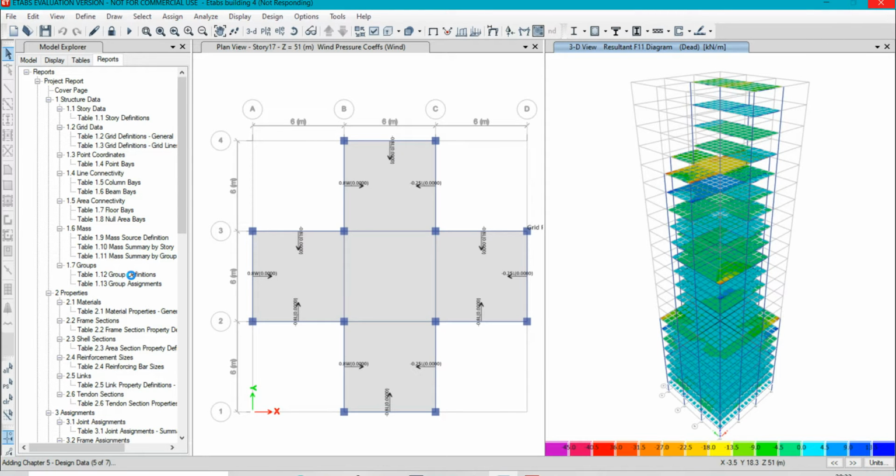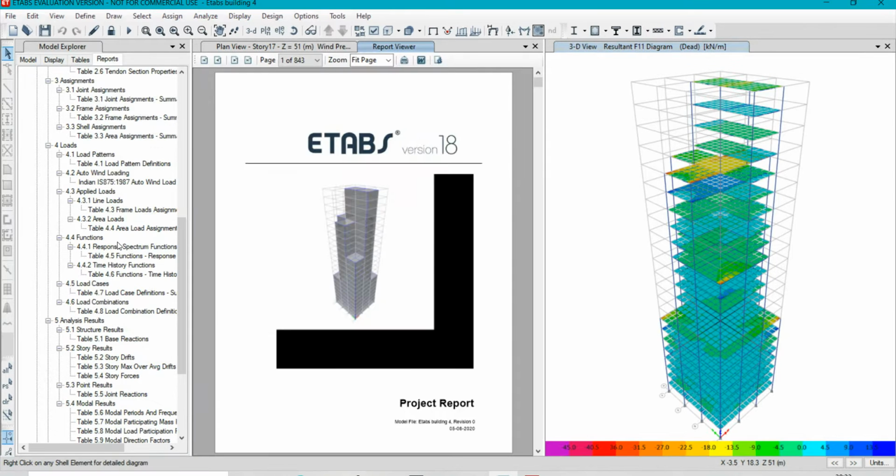We can even go for the summary report, which is the brief report of the whole structure. In this total report, we have all the elements such as longitudinal reinforcements and beam sections, column section reinforcement, tie bar reinforcement, etc., and the properties of materials as well. Yes, at last it is generated.